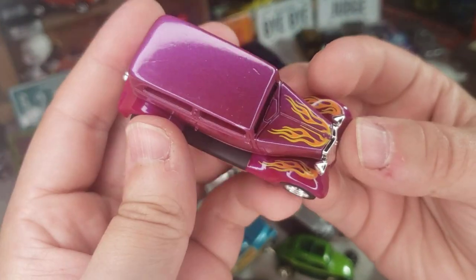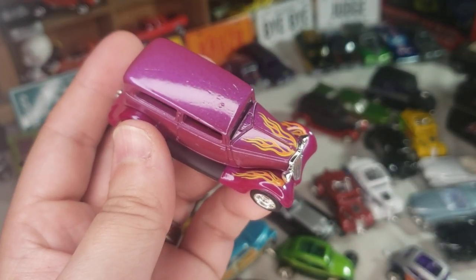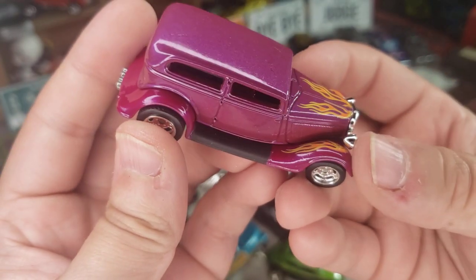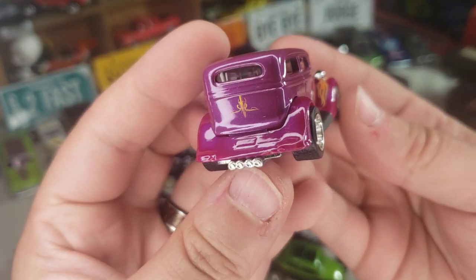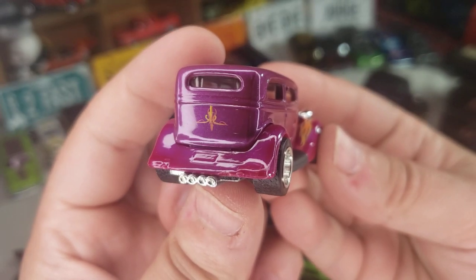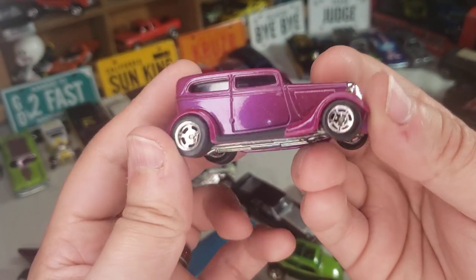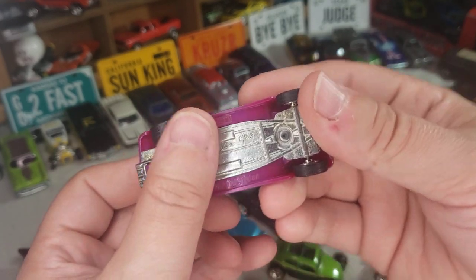So there's the purple one, the only one that had, oh wait, no, those got, never mind, I'm done. So we got flames on the top of the hood and top of the fenders. A little bit of pinstriping there on the back, and that's it. Super cool casting though. Really like this one. The one bummer though,